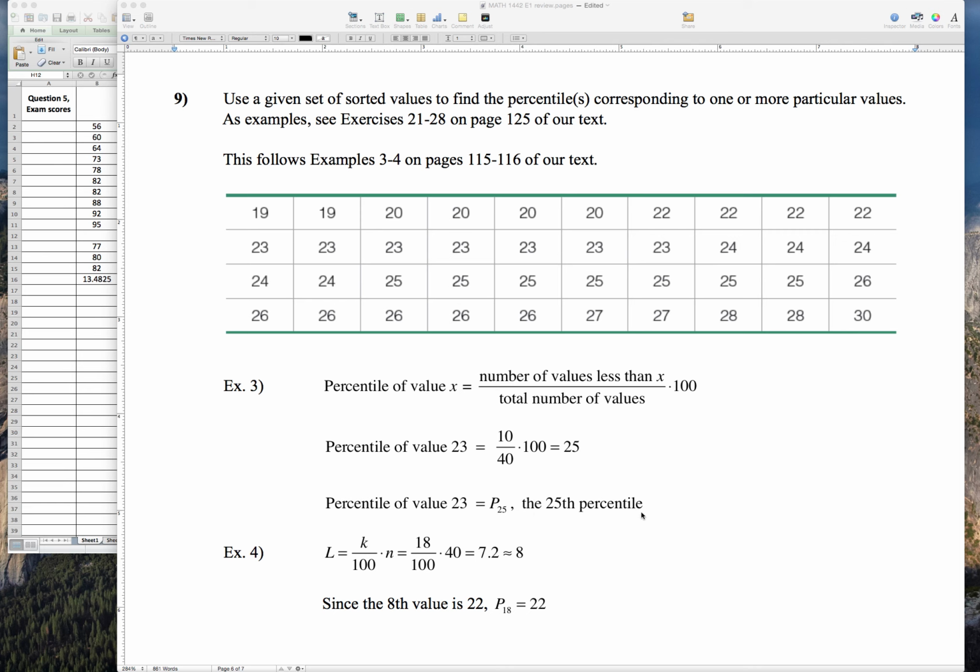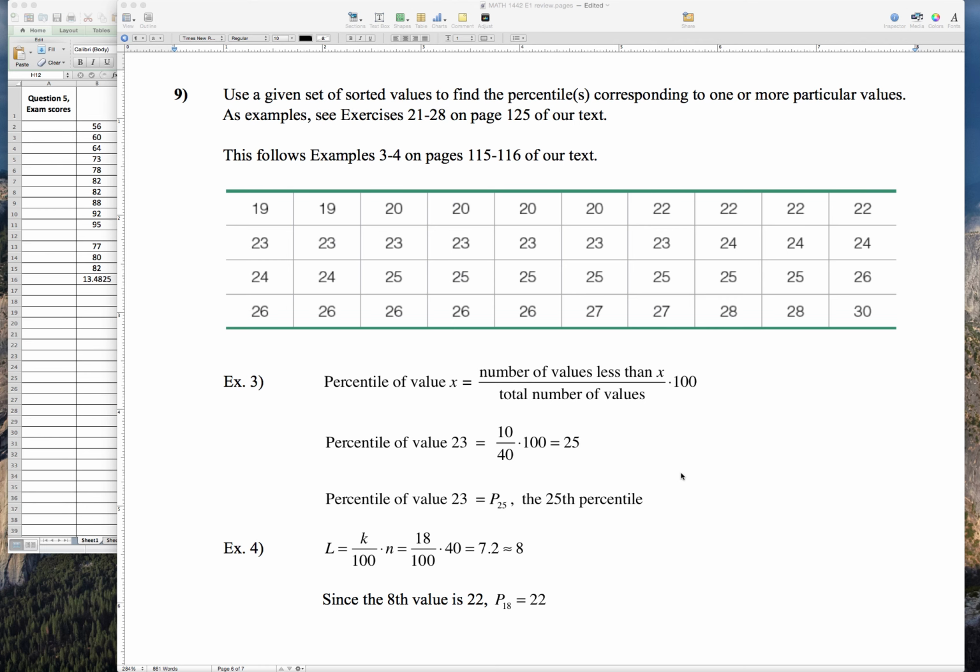And as I said in question 2, if this symbol was listed as one of the notation symbols that you would have to identify, you would want to identify it as the 25th percentile. Don't just say percentile, say that it's the 25th percentile for the 25 there. Now in the second part of this question,